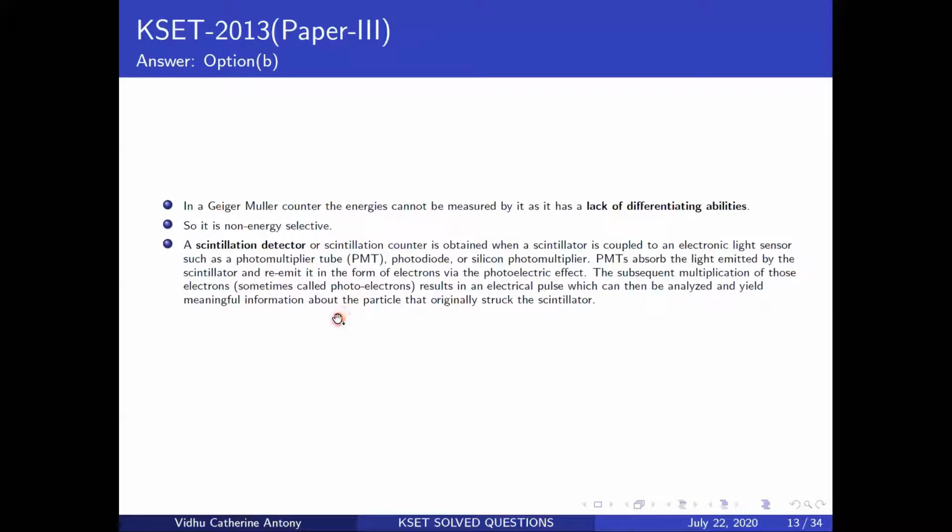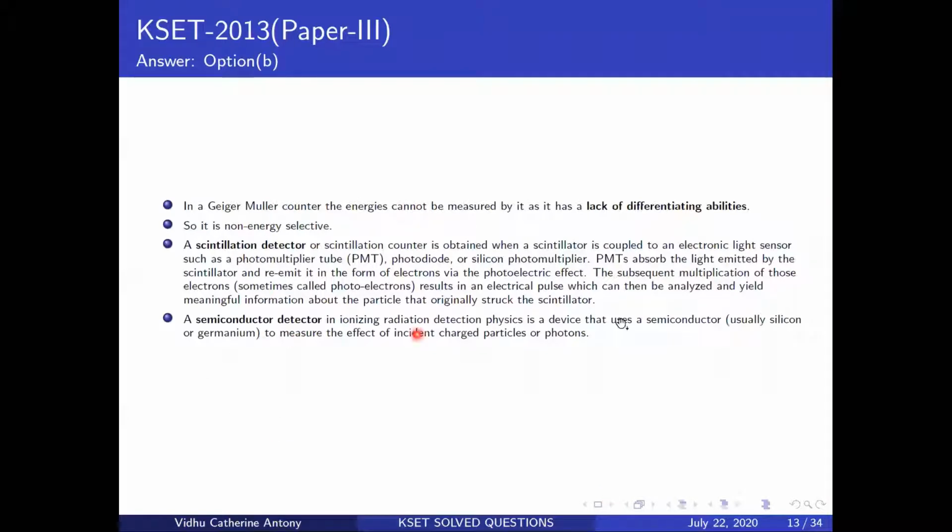I think this is there extensively in the general paper in the third semester. You'll have to draw these scintillation detectors and explain the whole process and how the scintillation is happening. The photomultiplier tubes are basically used to increase the amount of electrons that are being put onto your detector, so that you get a better reading. They emit and then re-emit in the form of electrons via the photoelectric effect, and the multiplication results in an electric pulse. So that's just what I said right now.